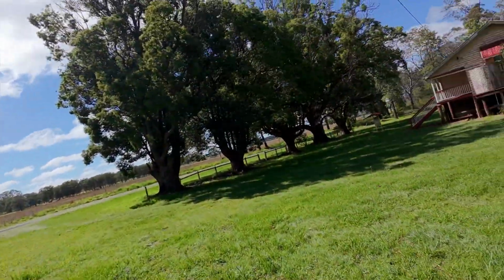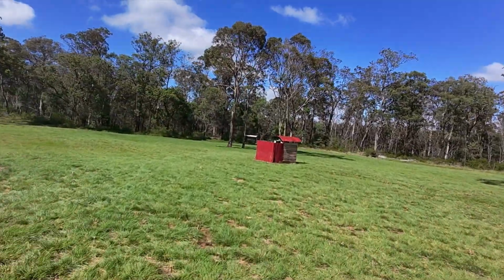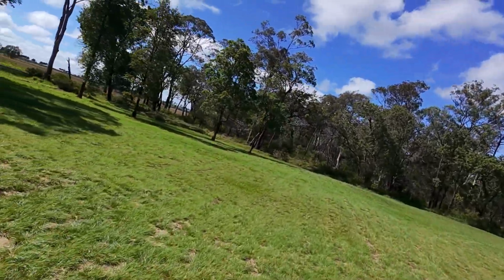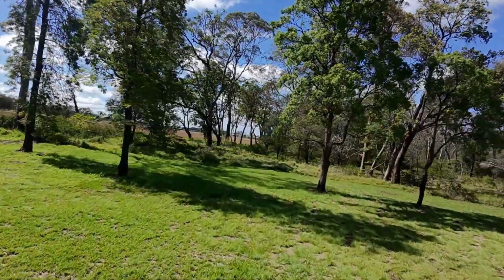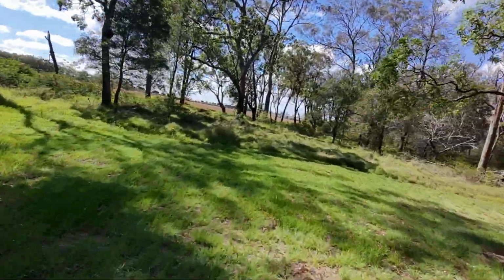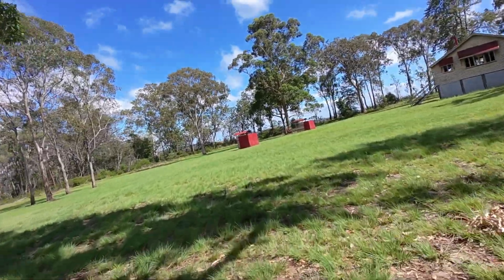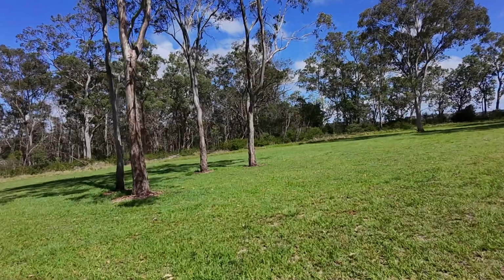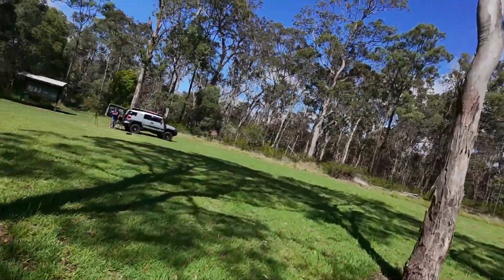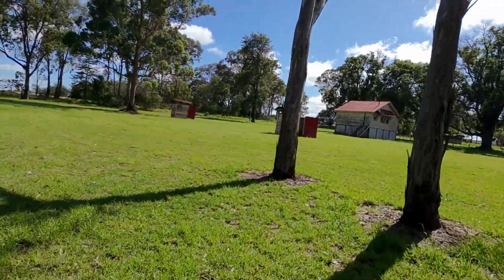Well, there's a wire there, but I'll tell you what, it is really easy to see. The display is really good. I have had a lot of people say on different videos that the display on these glasses is better than the display on the DJI goggles, so hopefully that's true. I can't remember what Rob's were like. When I catch up with him next time, he can tell me whether they are any better for him or not, but